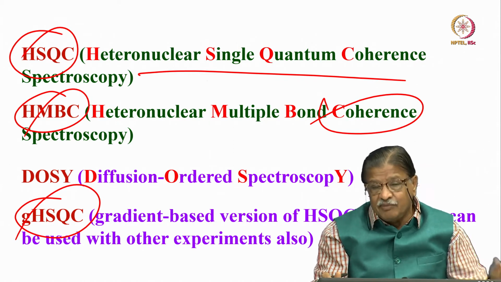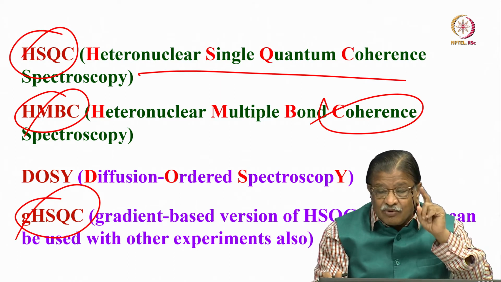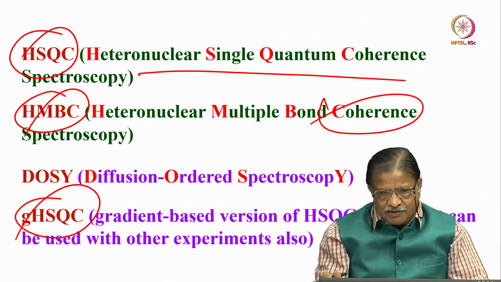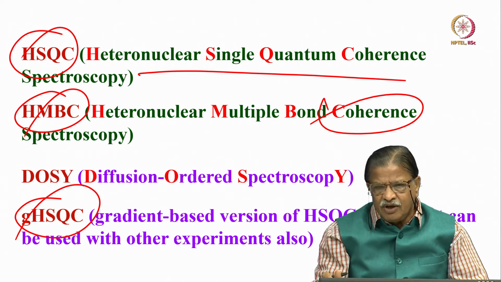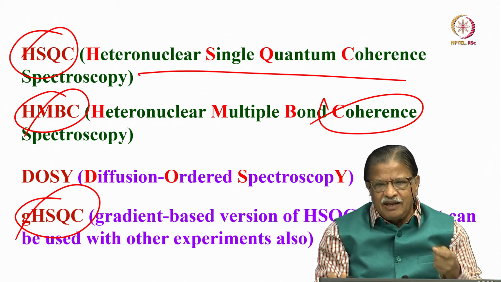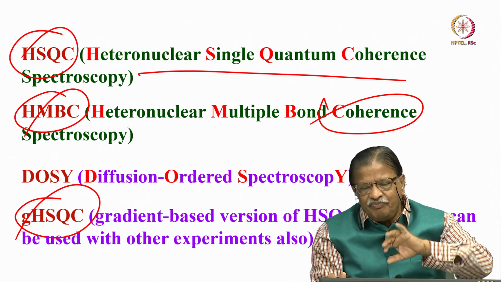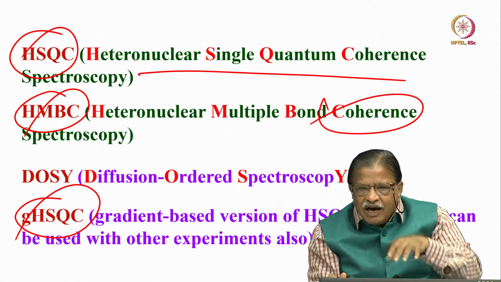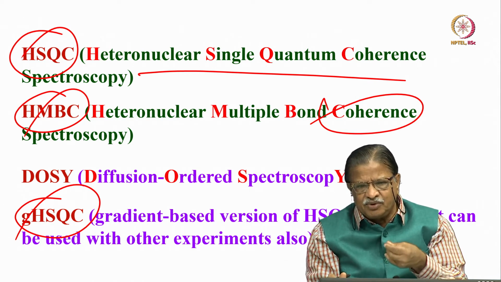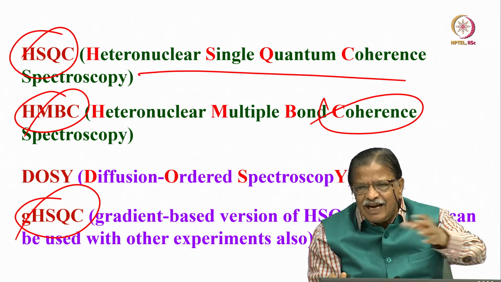We discussed a lot about gradients. Remember, pulsed field gradient for selection of the coherence transfer pathway, etc. There are varieties of such experiments possible by using gradients. So each of these pulse sequences generally is there. People have modified them accordingly for the information retrieval. Every time it is modified, you get additional information or an improved sequence, either to get a better signal to noise ratio or better resolution, etc. Like that, people have designed a number of experiments.